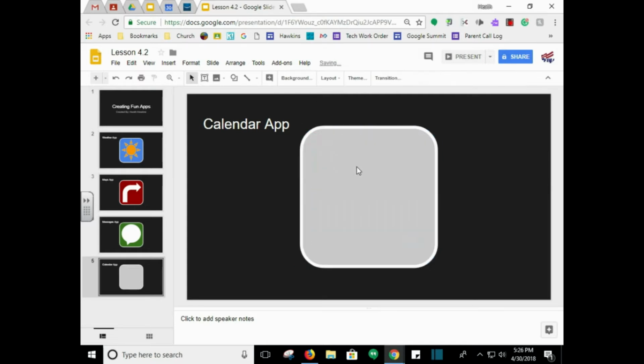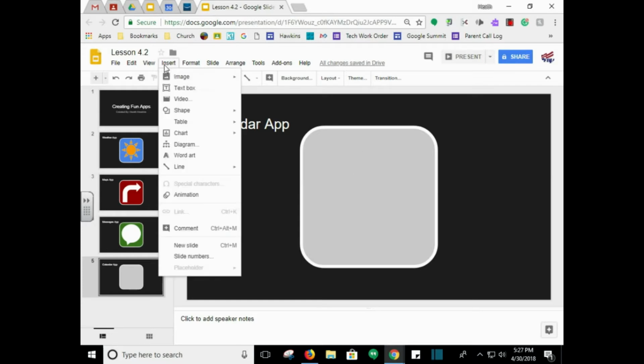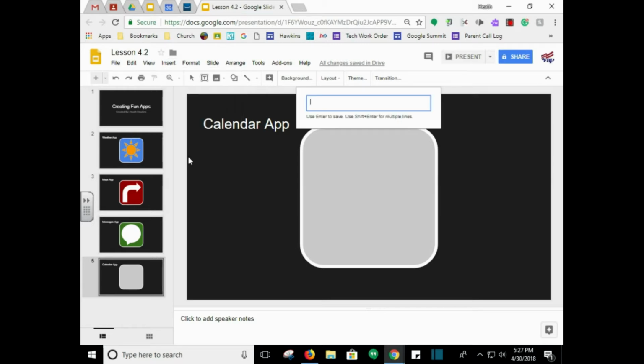I'm going to delete that. And this one's going to be a little bit different. Instead of having a shape, it's going to have word art and a text box. And so we're going to start with step 29, and it says to insert word art from the insert menu, choose word art. And there's word art. It says in the dialog box,